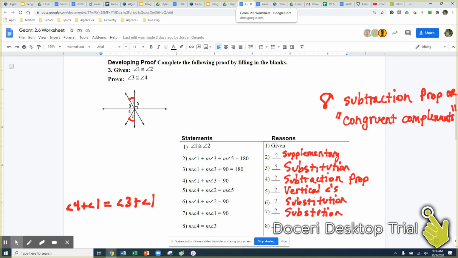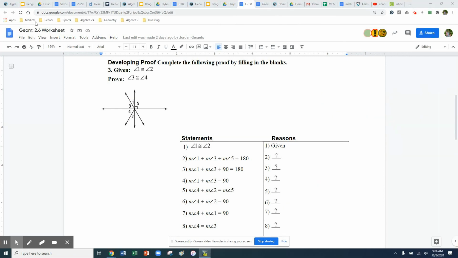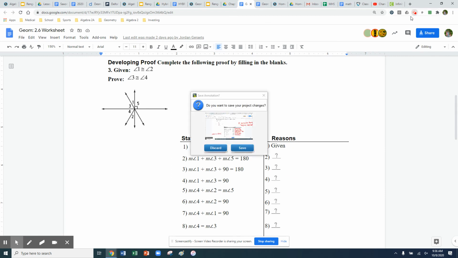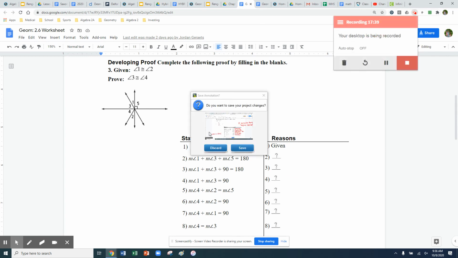But if you have to make your own proof, this would be a 14-point problem because you get 1 point for the statement, 1 point for the reason as you go. So if you maybe miss just one part of your proof, you're maybe only getting 12 out of 14, or you're getting 10 out of 14 on that proof. Okay. But I'll be honest with you,